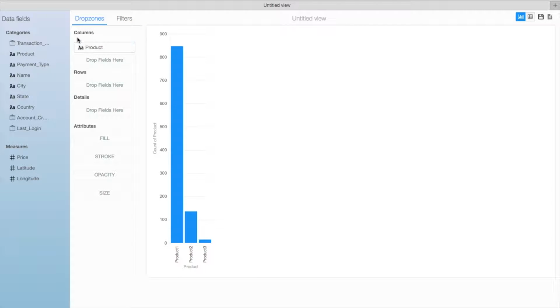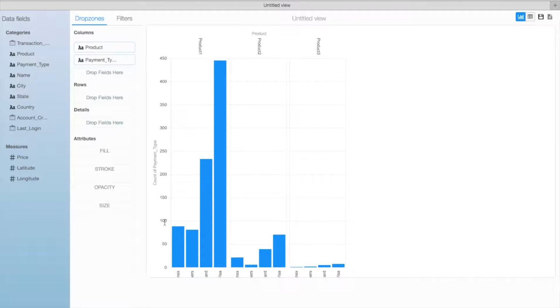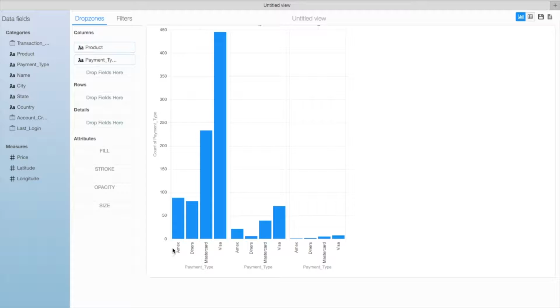Let's look at, so I've dropped in product, which shows the count of product 1, 2 and 3 against each other. Now maybe I want to drill down a little bit deeper than this. So maybe I want to split the product by the type of payment. So one way is to drag this and put it below it, and so now I can see what the number of transactions for each of the products 1, 2, 3 against the type of payment, maybe Amex, Diners Club, MasterCard or Visa, and I see alright, product 1 seems to have a lot of activity on Visa